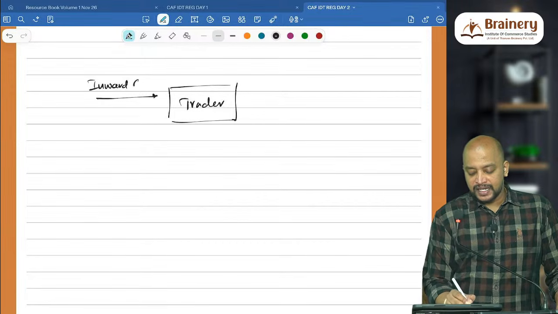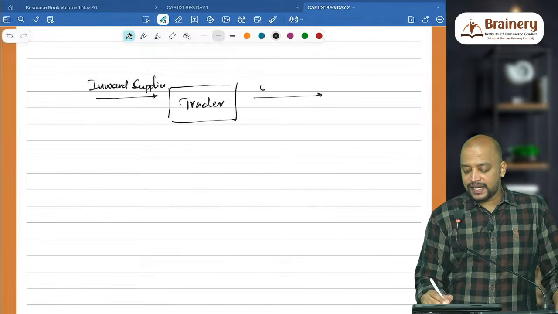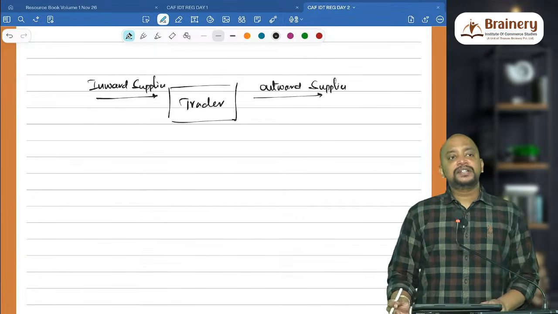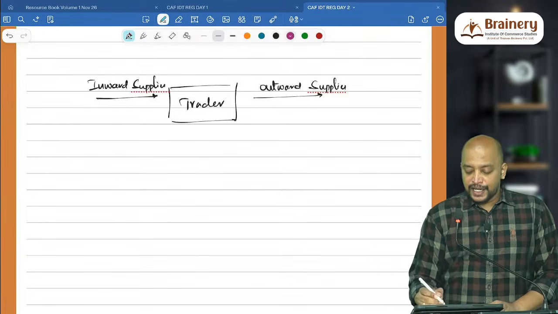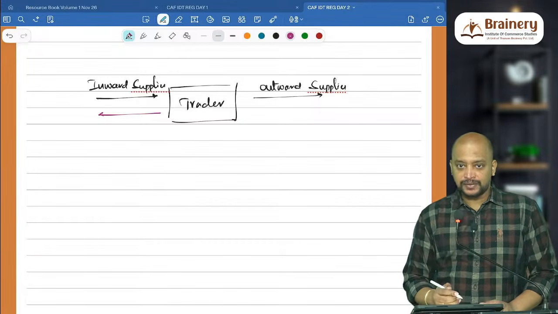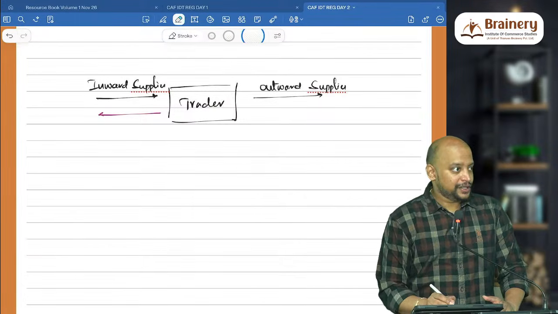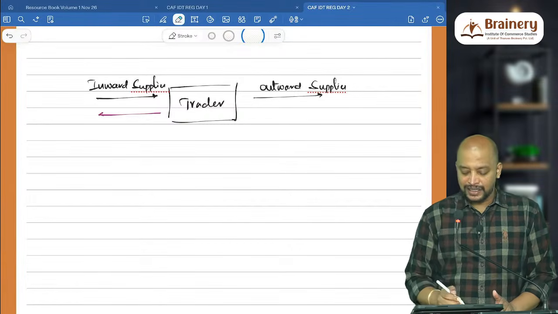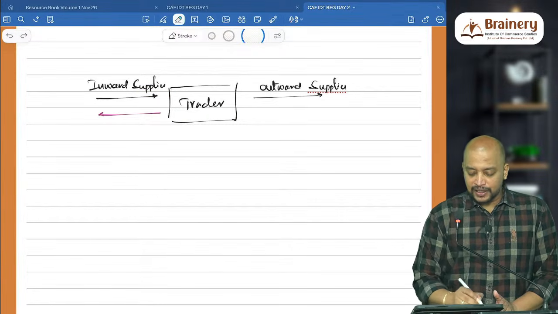Outward supplies means sales. Whenever he makes inward supplies, he needs to pay some amount to the supplier, correct? You are the trader, you make a purchase, you have a creditor, you have to make the payment. Let's take 10,000 rupees